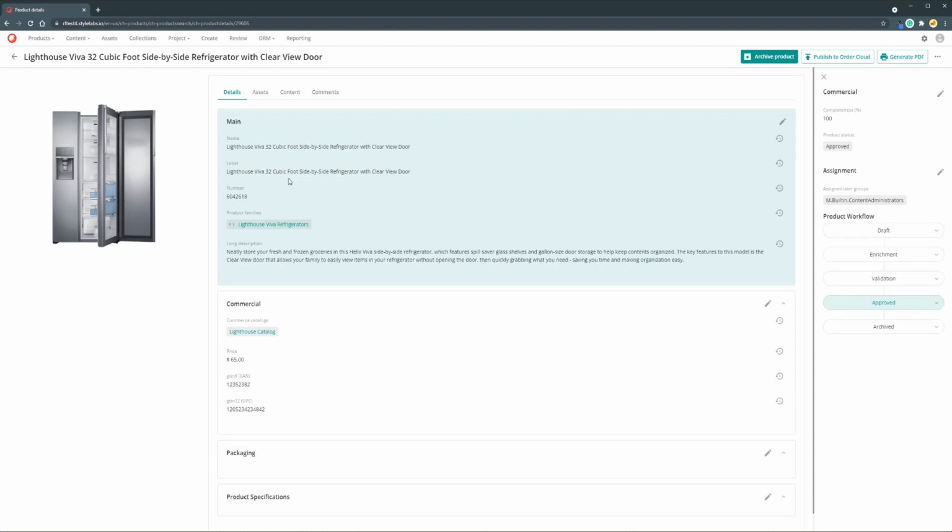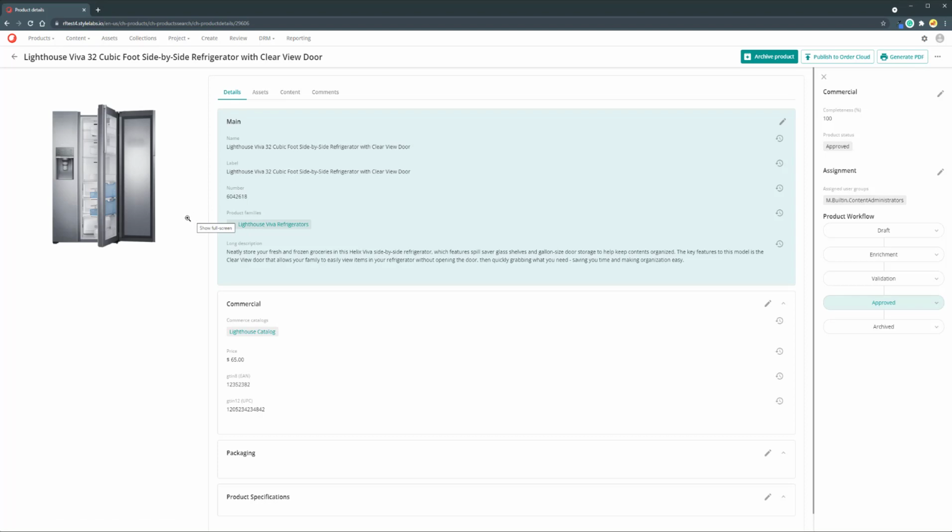Once in here, we can quickly see that Content Hub can be used to facilitate a lot of different information, usually from downstream channels such as PIMs, or it can be used to actually house and maintain and create that data all on its own. In here, we can store things like our names, our long descriptions. We can even link it to things like product families. All of the data in here can be modeled, and we shall talk about that as we get further on